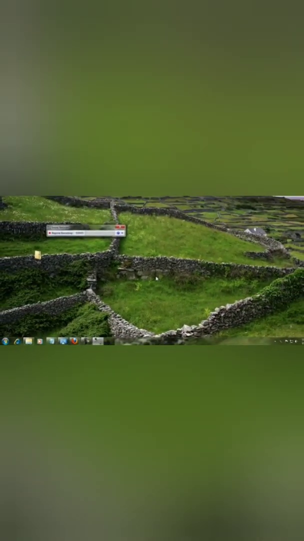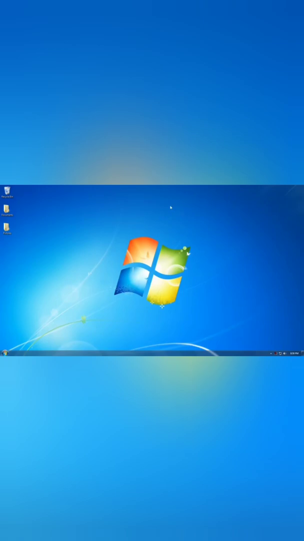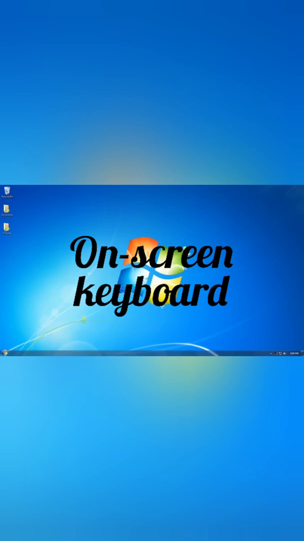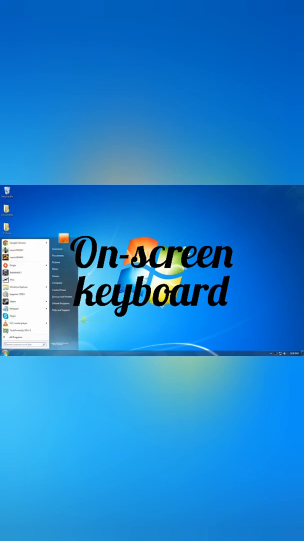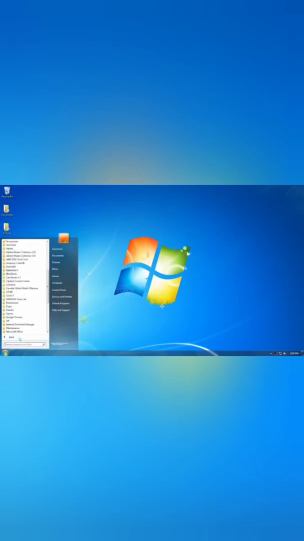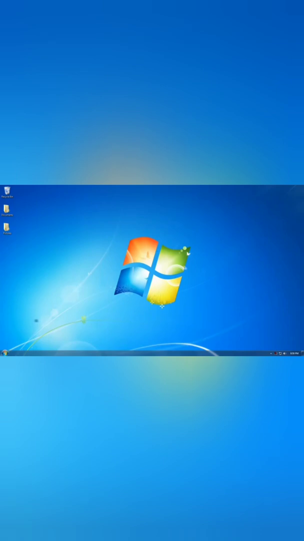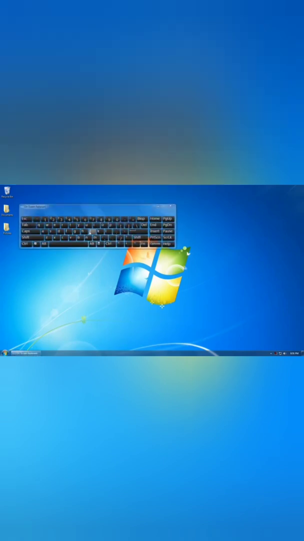Next, another feature of Windows 7 is the on-screen keyboard. In Windows 7, there is an option, ease of access. Click on the ease of access in accessories. The on-screen keyboard option is there. Click on the on-screen keyboard option.